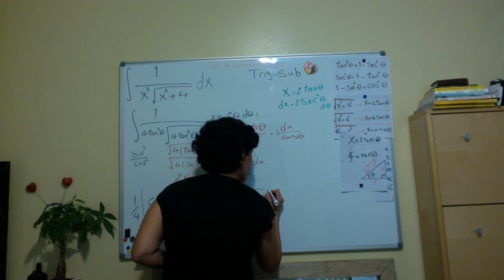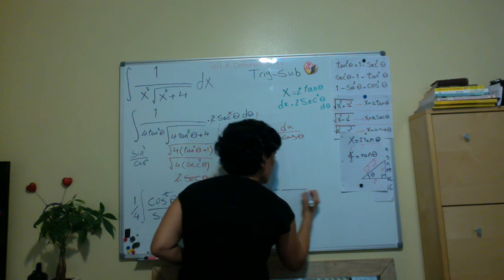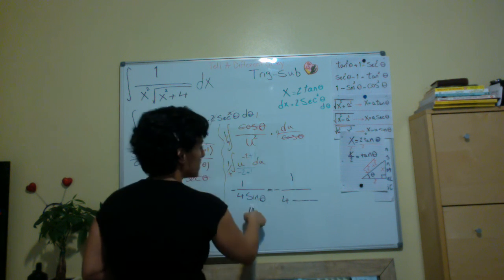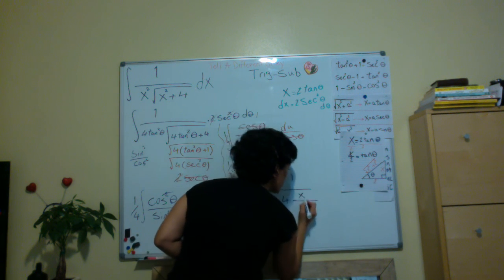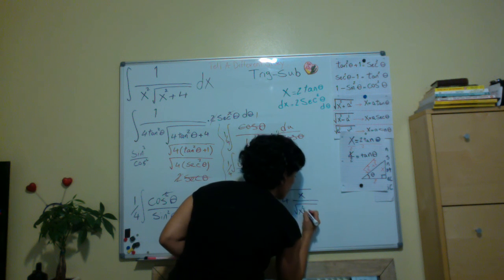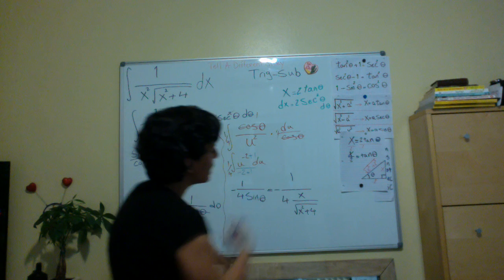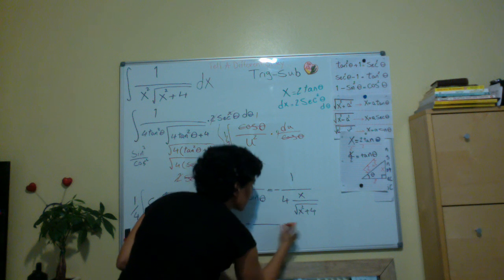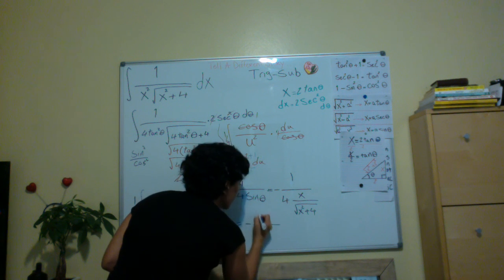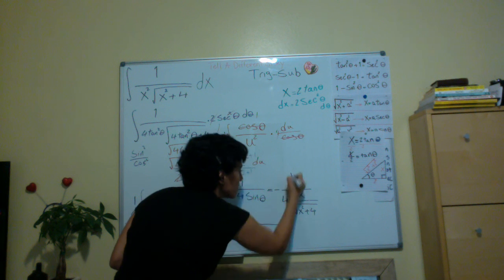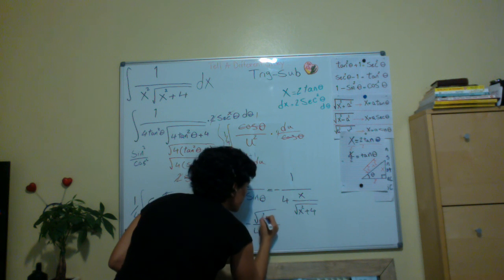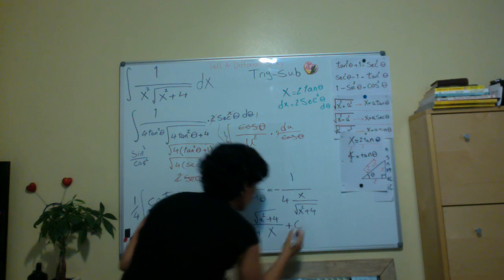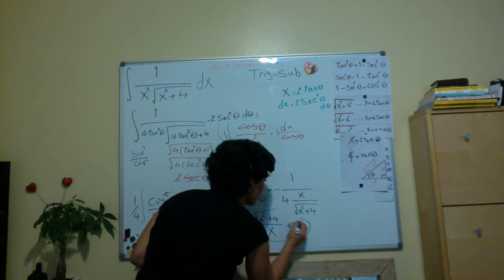So let's rewrite this guy. Equals negative 1 over 4. And then I said opposite over hypotenuse, so I have x on top, and my hypotenuse, which is the square root of x squared plus 4, on the bottom. I can rewrite this to something a little prettier, which would equal negative, remember, they have that whole inverse situation going on here, 1/4 right down there. So this guy will go on top: square root of x squared plus 4 all over x. Now I can go ahead and do my plus c, because plus c, guys, it comes when